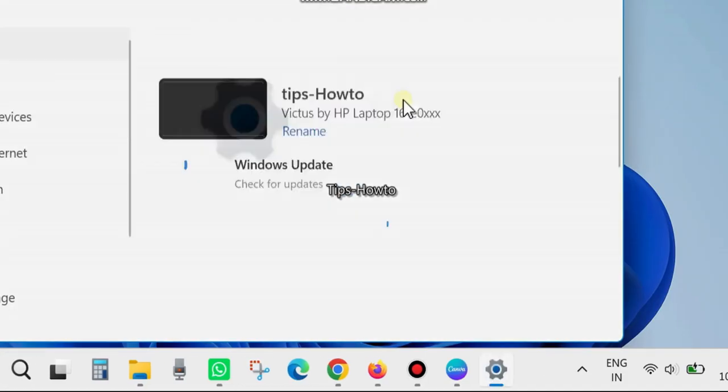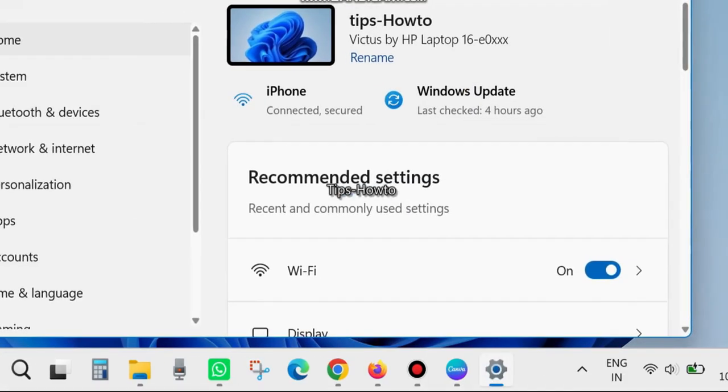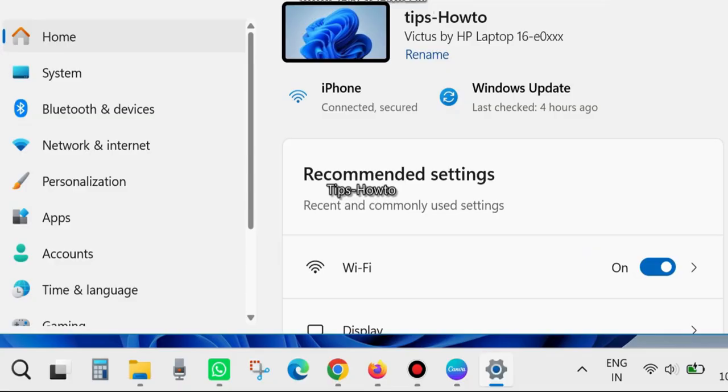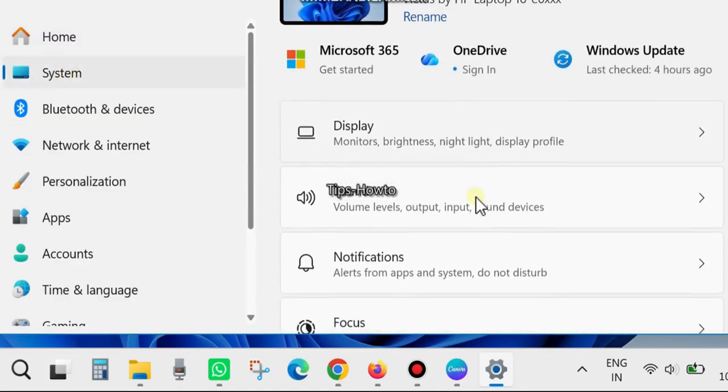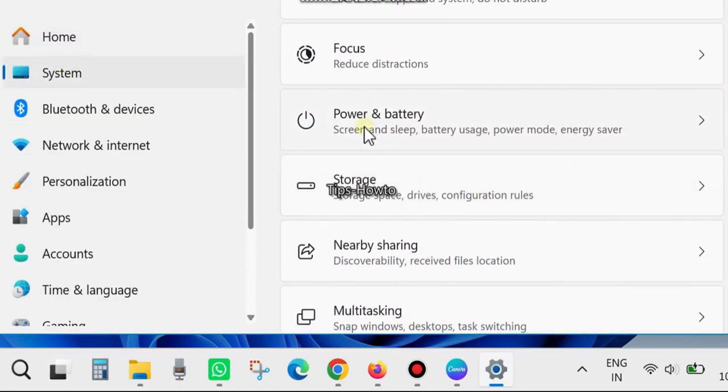You may press the Win plus I shortcut key to launch the Windows settings page. Here from the left side of settings, go to system settings. Thereafter from the right side, go to power and battery settings. Click on it